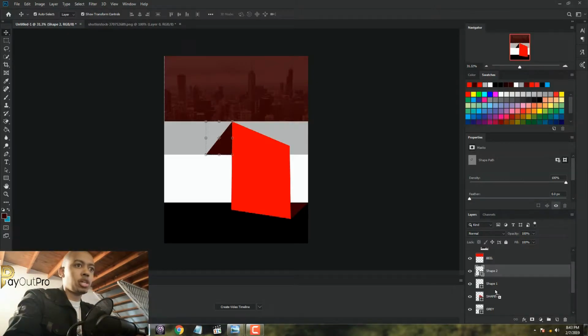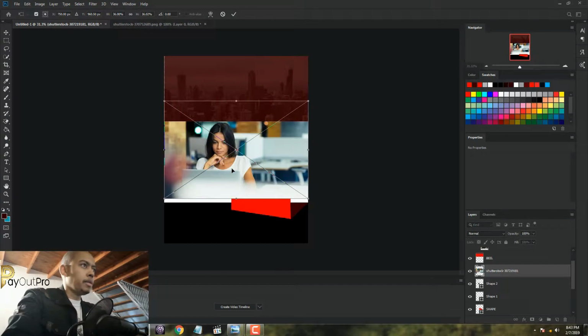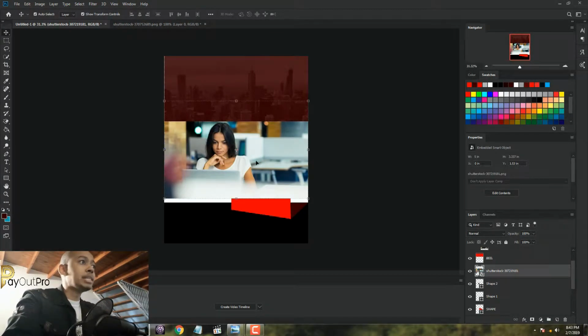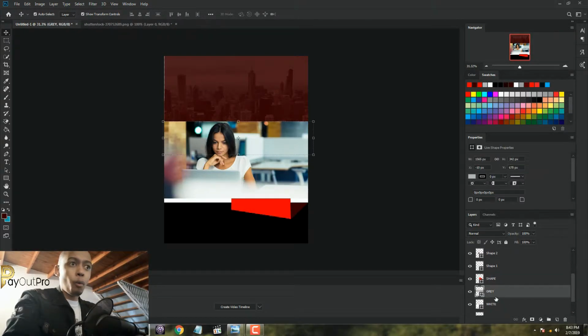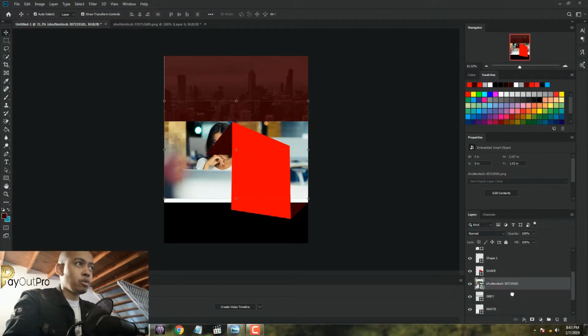Just bring it right here to Photoshop, and then drop it. Let's just drop it right here, right there it is. Okay, now we want this particular picture or image to be linked with the gray layer. So what we're going to do is take that image, left click it, and drag it down until you find the gray layer. When you put it above the gray layer, we just drop it in there, and then we're going to hold Alt on the keyboard, and in between the gray layer and the Shutterstock image, you left click,